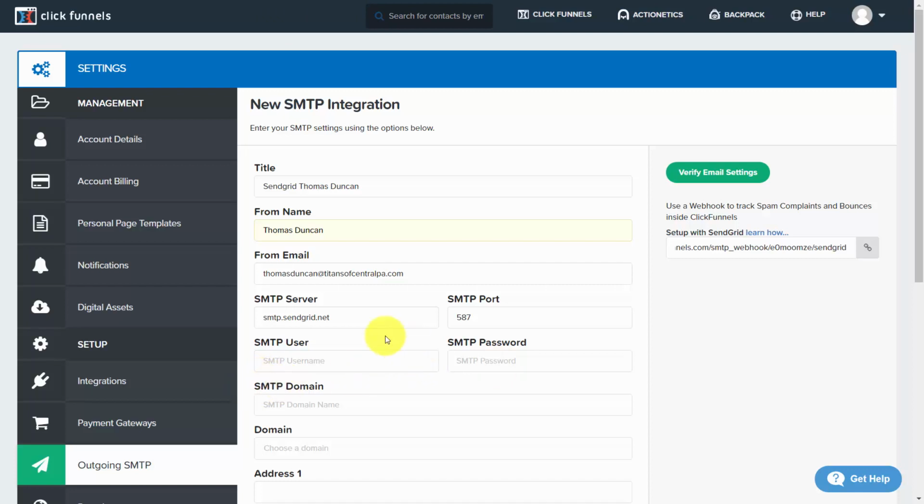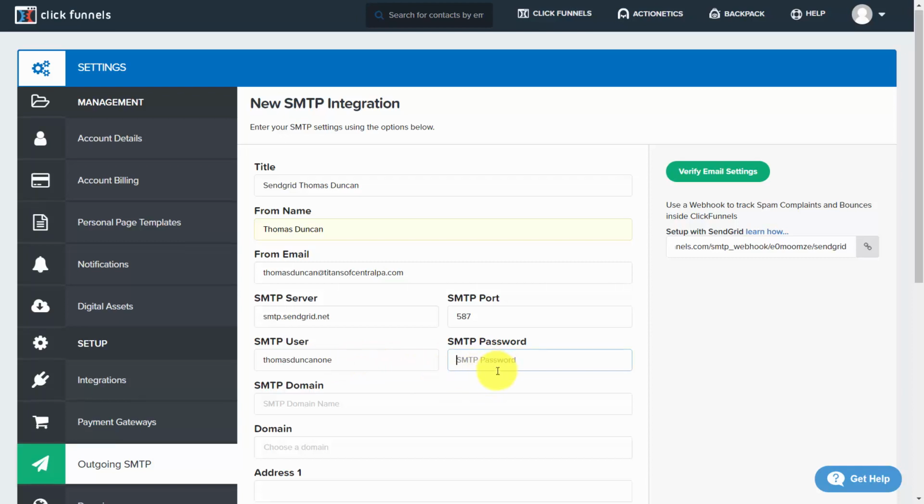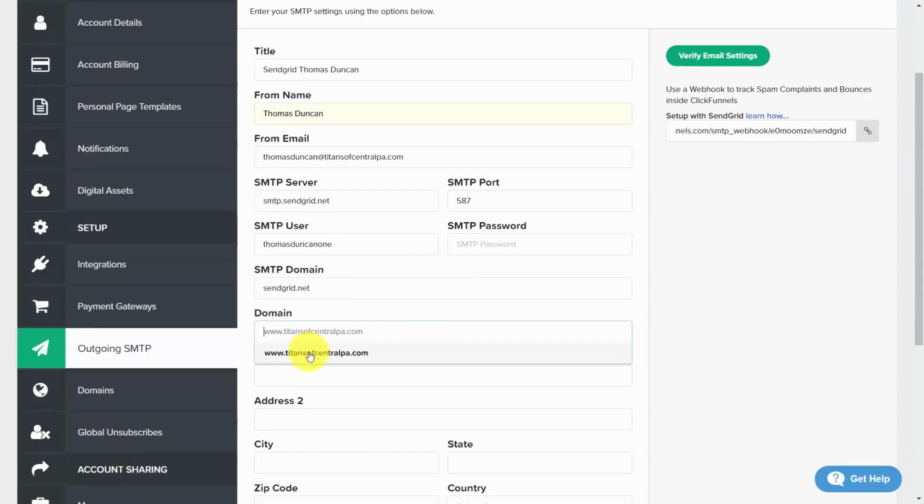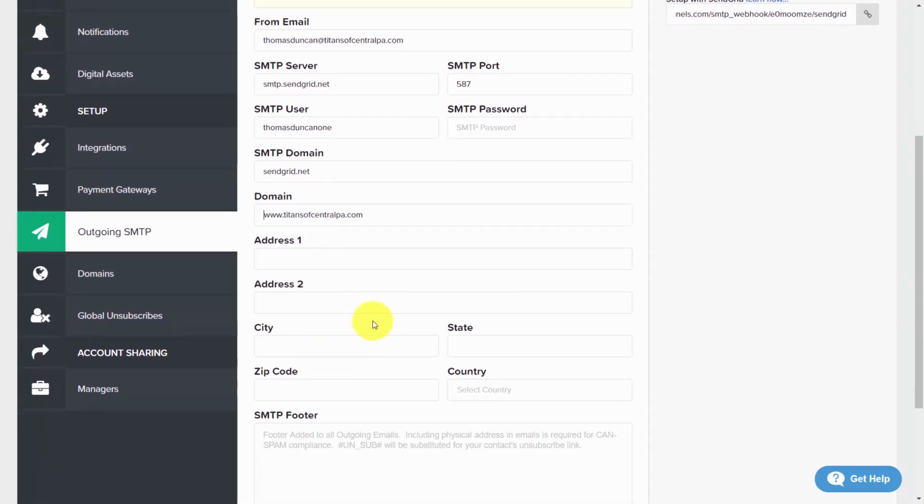Now, assuming that you've already set up your SendGrid account, you can then put in your username and password for SendGrid in these 2 dialog boxes, along with your password. Now, your SMTP domain is going to be sendgrid.net. You're then going to choose the domain that you'll be using with SendGrid, and then you'll put in the address